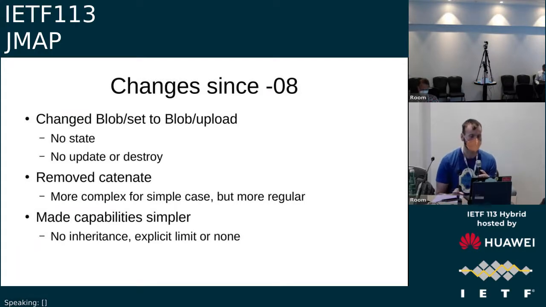I also removed the catenate, both because what even does that mean? Nobody knows, and because it makes it much simpler if it's always just a list of octet sources in order that you append together to create a final result, which could be zero if you're uploading the nothing file, or it could be one or more sources. Also made the capabilities simpler. You used to be able to specify a maximum upload size for blob, and if you didn't specify it there, then it should get it from the upload endpoint, and if you didn't specify it there, either you specify it or the client can just assume it can send what it likes, and the server will reject if it wants to anyway.